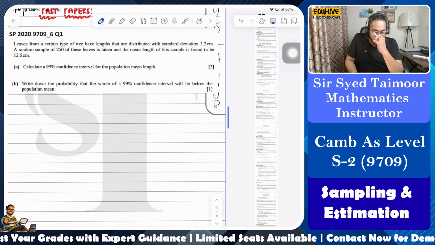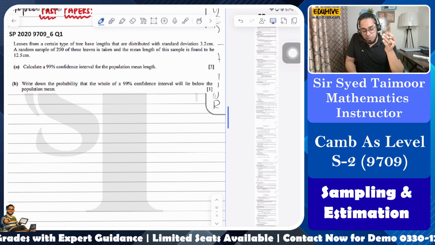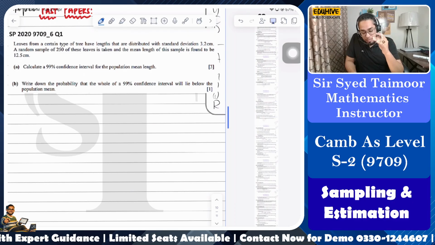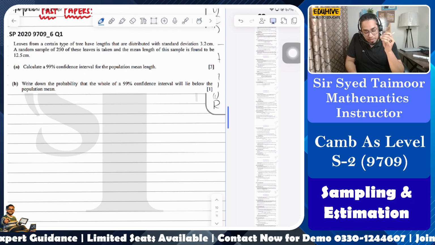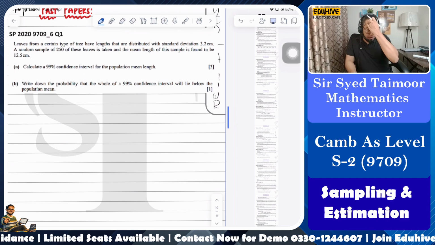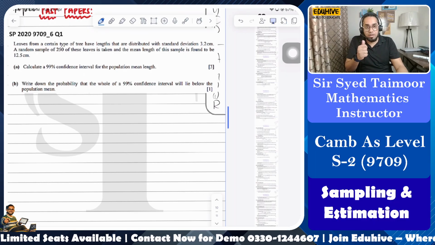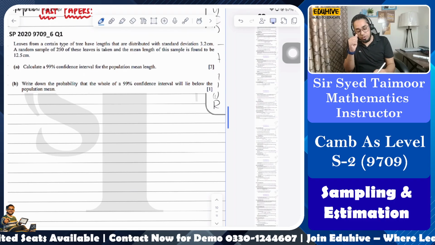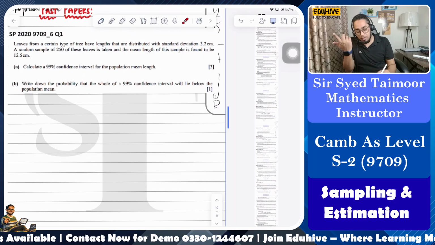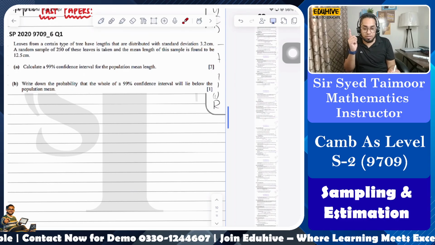Okay, so the leaves from a certain type of tree have lengths that are distributed with a standard deviation of 3.2 centimeters. A random sample of 250 of these leaves is taken, and the mean length of this sample is found to be 12.5. First of all, you need to just extract the data from the question. What they are telling you is that there is the population, and they have provided you the standard deviation. It means